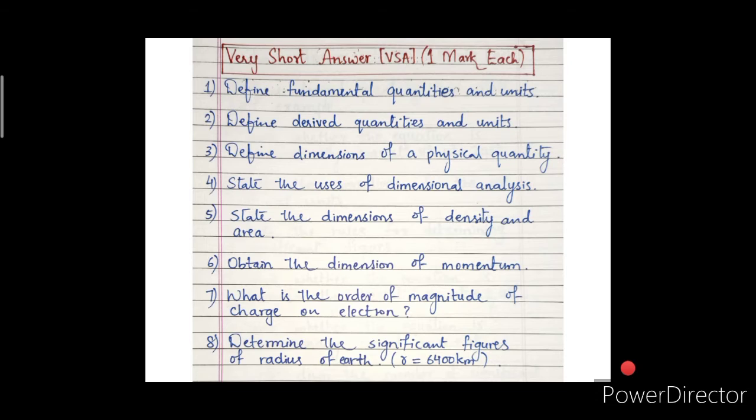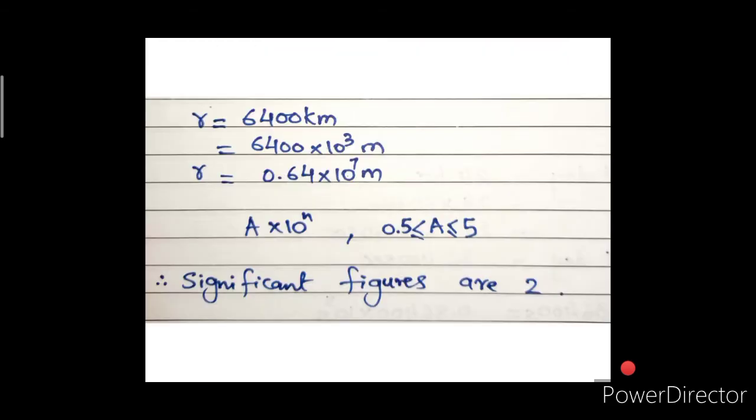First of all, we have to write the value; the unit is kilometer, so convert it into meter and write in the format A into 10 raised to n, where A should be in between 0.5 to 5. There are only 2 non-zero digits, so you can directly write that the significant figures are 2, or you can give the solution as r is equal to